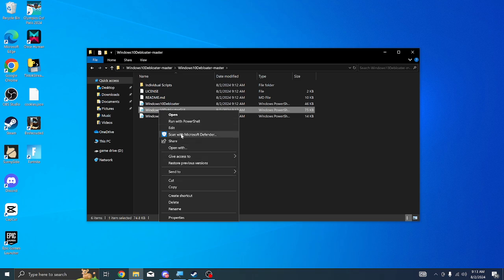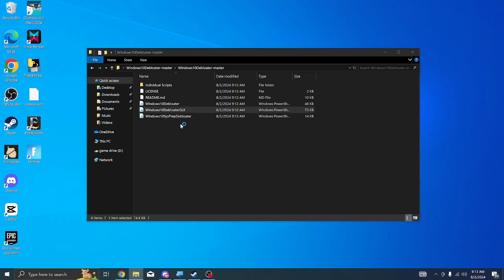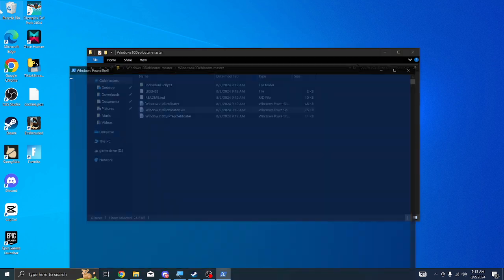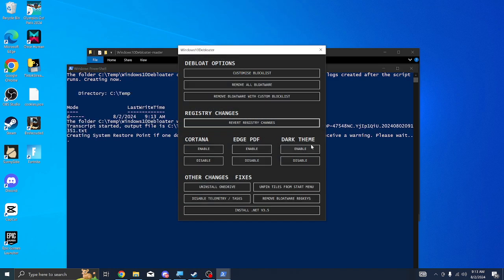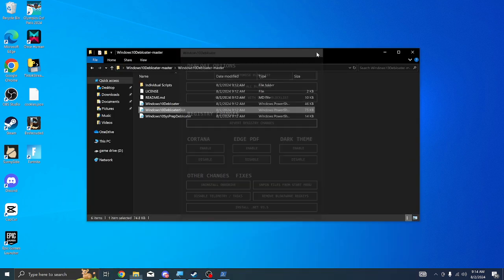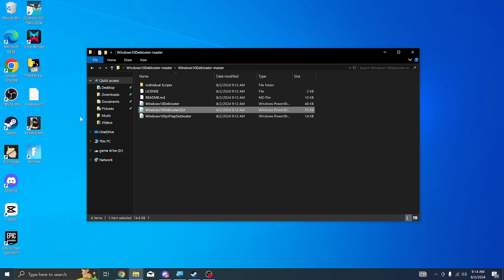I don't think it will. Oh. Okay. So you can open it like that, like how I just did it, but if it requires you to be an administrator, that's what we need to do. So